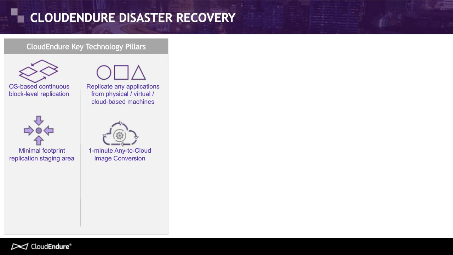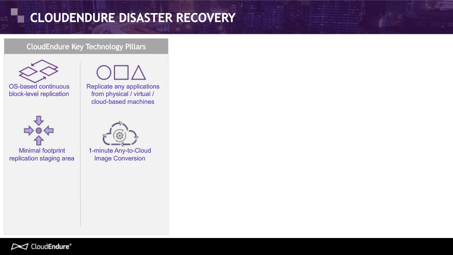The whole point about cloud, which Ian had mentioned before, is that you're paying as you go. You only need to pay for what you're actually using at that given point in time. And CloudEndure takes full advantage of that. When we replicate the data, we replicate just the data and keep it stored in a very low-cost storage environment in AWS. And only when disaster strikes, we have the ability to perform a very quick, rapid machine conversion process,